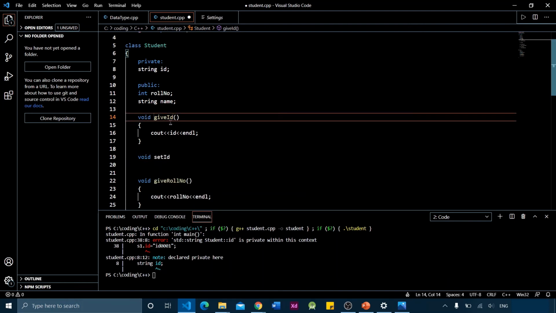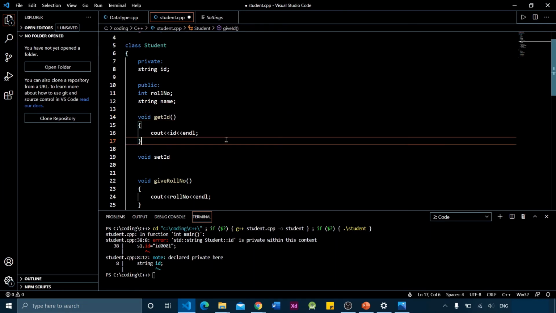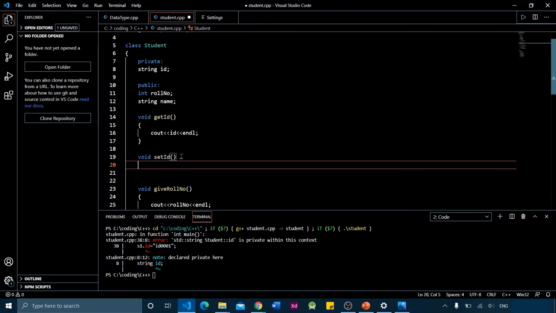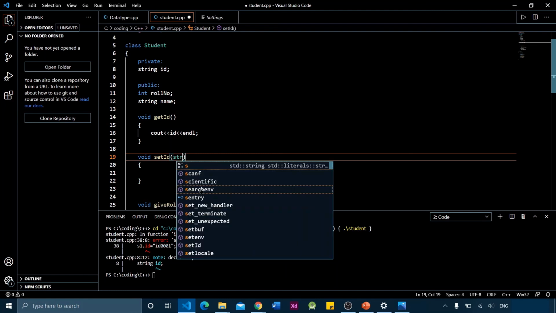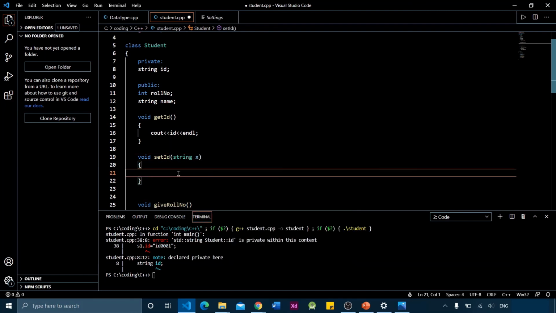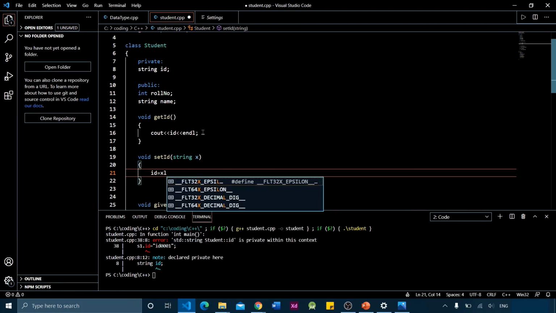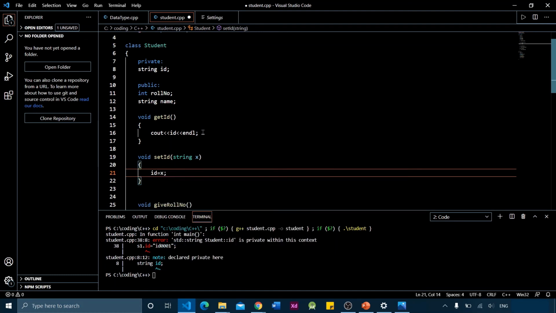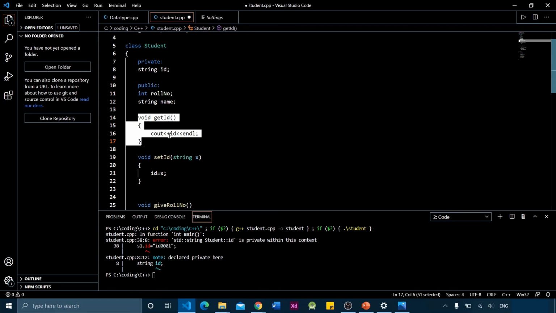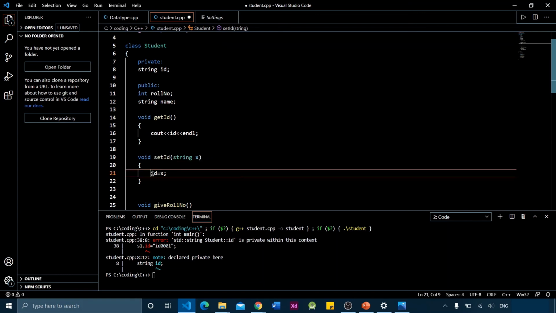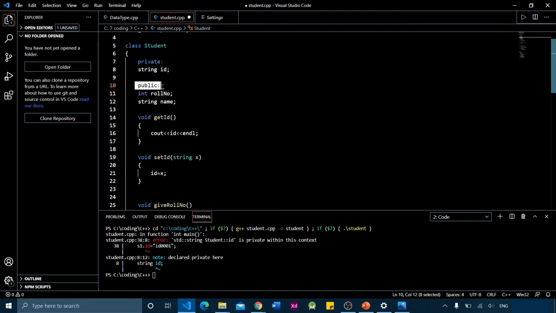I will rename this as getID. Now as you can see here, the void getID, which is the getter method for the ID variable, and the setID, which is the setter method for the ID variable, are declared as public as they are written below the public keyword.